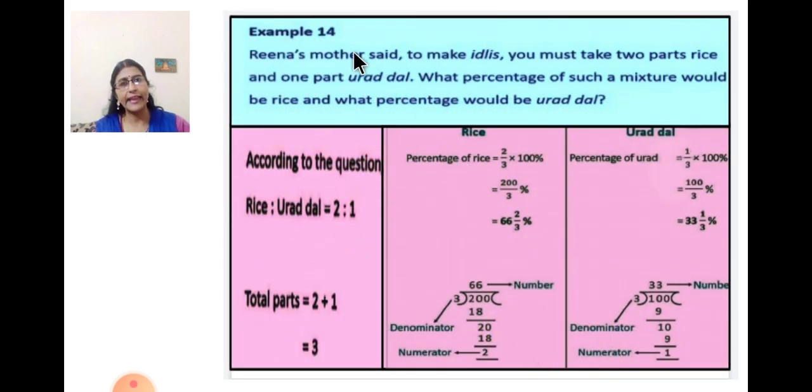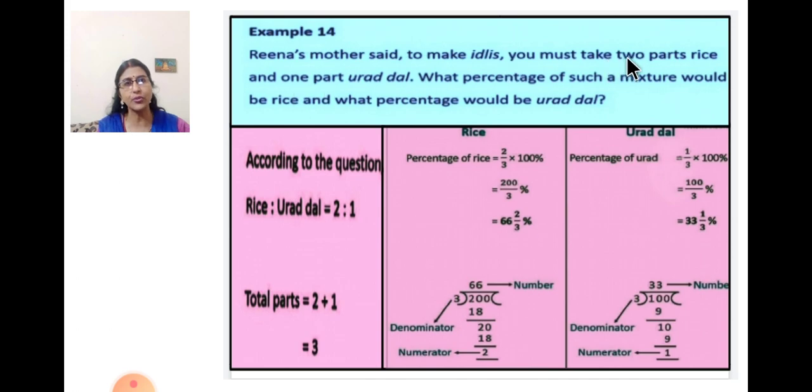Now next is again another example. Example number 14. Reena's mother said to make idlis, you must take 2 parts rice and 1 part urad dal. What percentage of such a mixture would be rice and what percentage would be urad dal? Whenever we cook something, there is a ratio of the ingredients which we add. So here idlis are made, and when we make idli, we keep a ratio of rice and urad dal. So here the ratio is